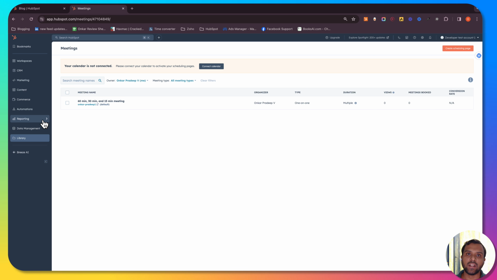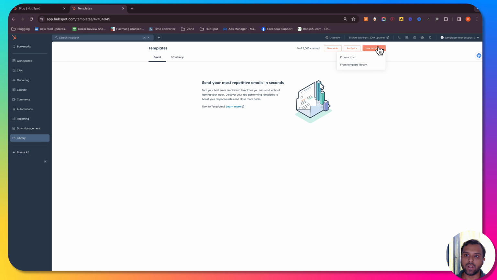So templates are emails which you can share on a bulk basis. For example, if you find yourself typing around the same email content for a lot of your lead outreaches, you can create a template, and then whenever you are on a particular contact, you can just pull in that template, make some small edits and send it out to them. So this saves a lot of your time because you do not have to create the email content from scratch. So to do that, what you need to do is again go into libraries, go to templates,